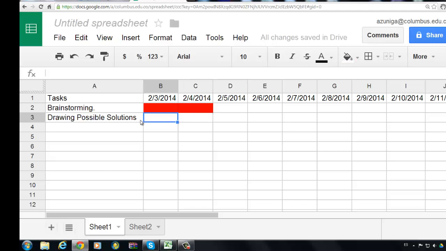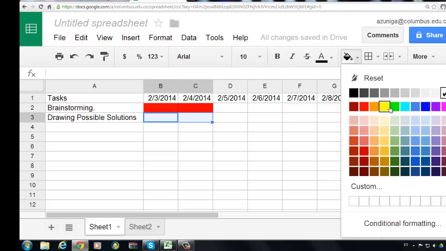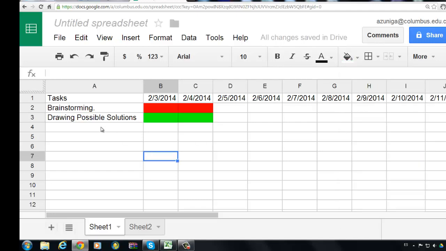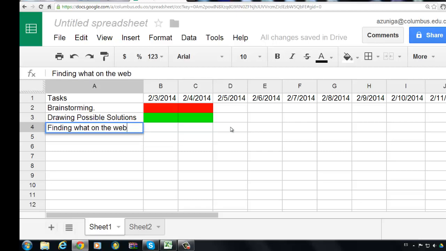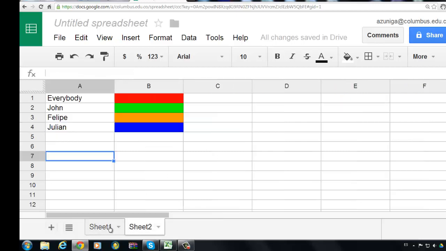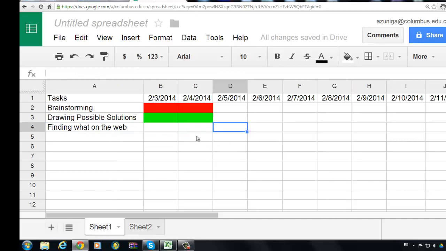So maybe you did the brainstorming and drawing possible solutions at the same time, and drawing possible solutions was also the work of all the team. Okay, and maybe finding resources, finding what's on the web, Felipe was in charge of this and he had to do it